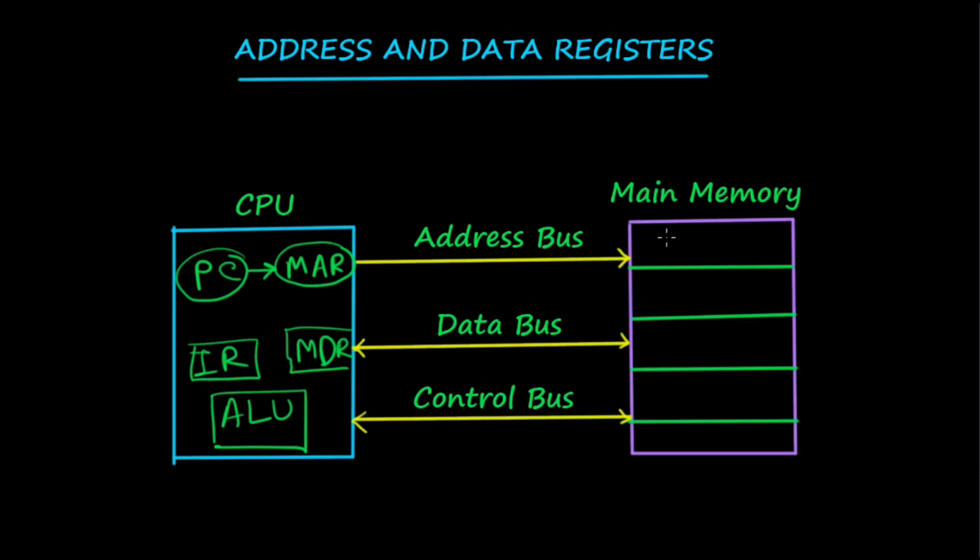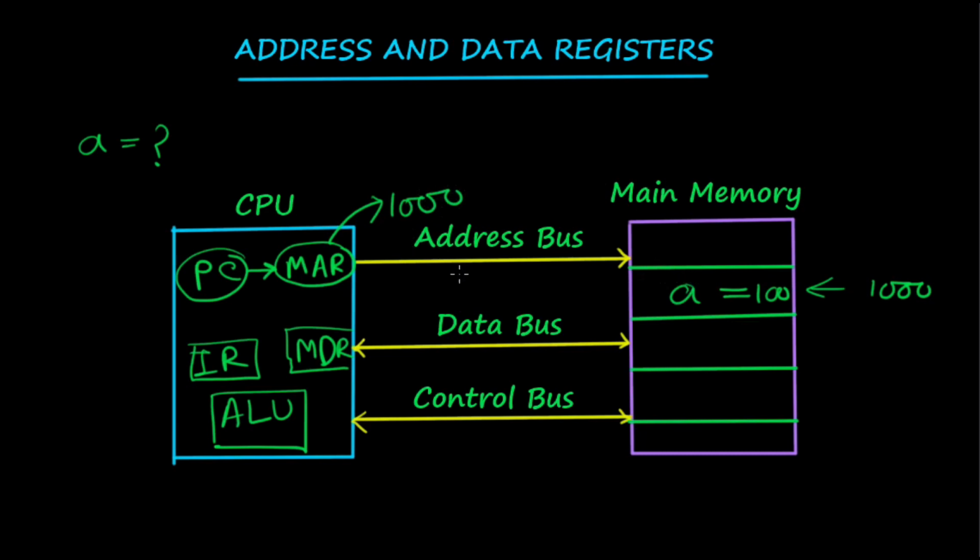So let us understand the read-write operation from this example. Suppose you want to read the value of A. Suppose the value of A is located here as 100. So you want to read. What will happen? The CPU will give the address of A to MAR. So MAR now keeps what value? Suppose it is located in location 1000. So MAR now is keeping the value 1000, because you want to read the value of A.